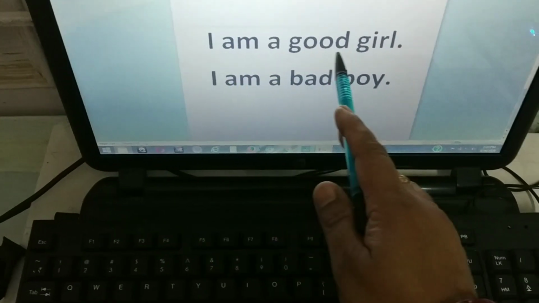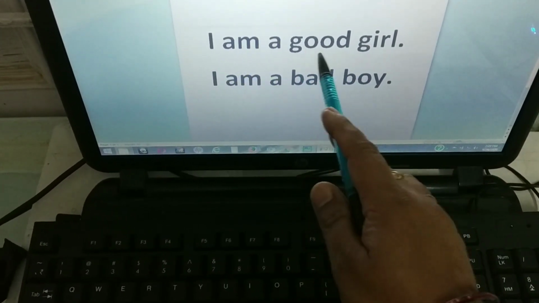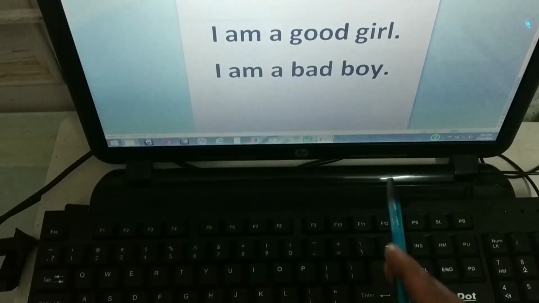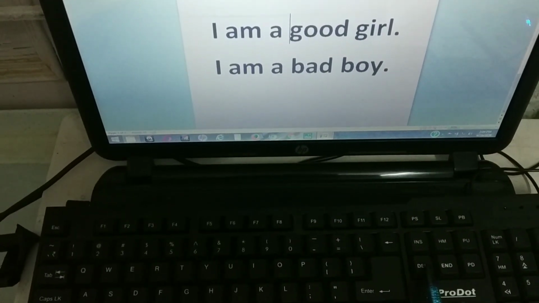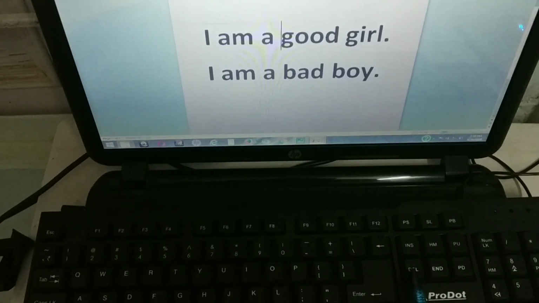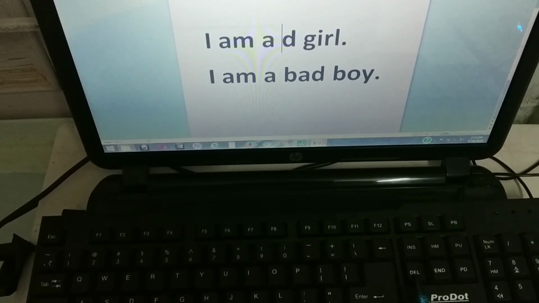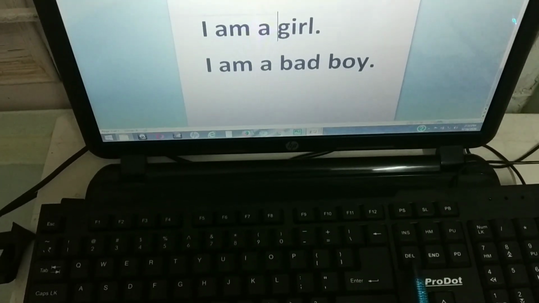I have to use the delete key and it erases like this, to the right side. So I have to bring my cursor before the word which I want to delete. Now if I press the DEL key, that is the delete key, it will erase "good" like this. So this is the delete key.